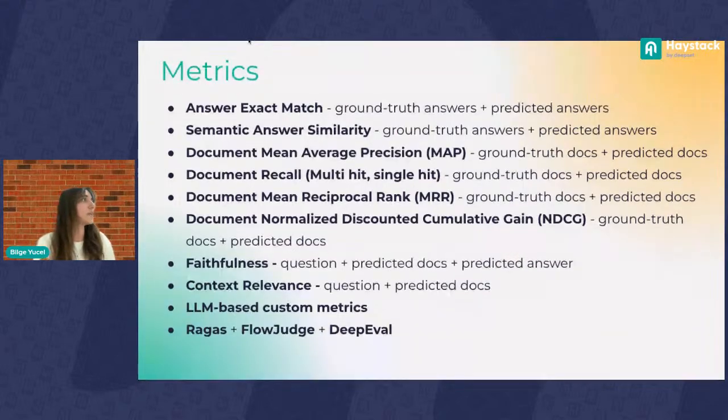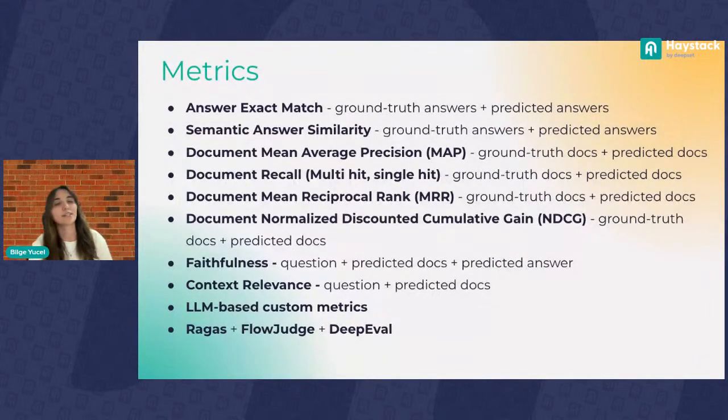All right. So let's talk about the metrics first. These are the metrics that we have in Haystack, and I'd like to briefly explain what all of these are. The first metric is answer exact match. This gets the ground truth answers and the predicted answers after a pipeline is run and checks the exact match, basically. This makes sense if you are implementing an extractive question answering system and you would like to extract the exact